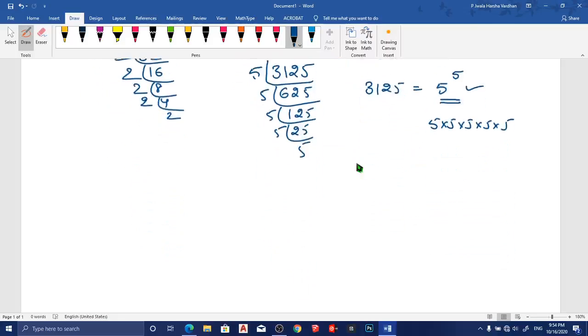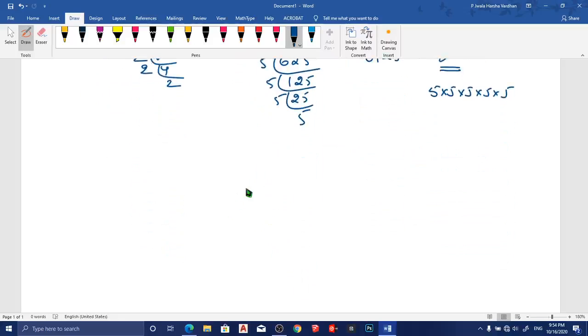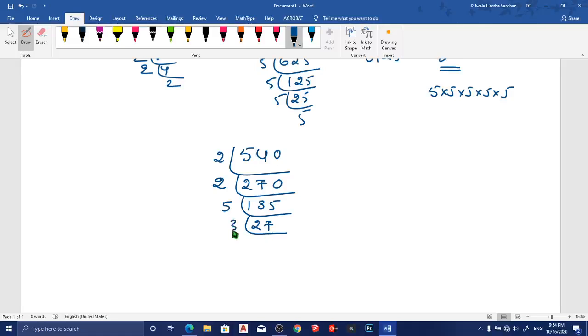Okay. So if you take one more number also, I will show you. If you want to write 540, so if last digit is 0 means you can divide this with 2 directly, a smallest prime number. So 2 twos are 4, 2 sevens are 14, 2 ones, 2 threes are 6, 2 fives are 10. Now it can be divisible by 5 only. So 5 twos are 10, 5 sevens. Now it can be divisible by 3 only. You know that 3 nines are 27. Here 3 threes are 9. Observe here